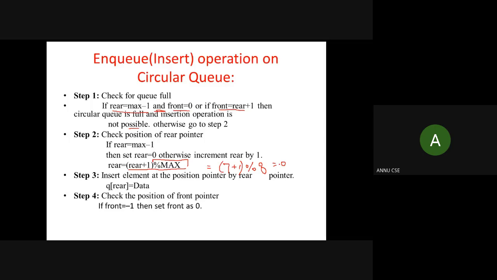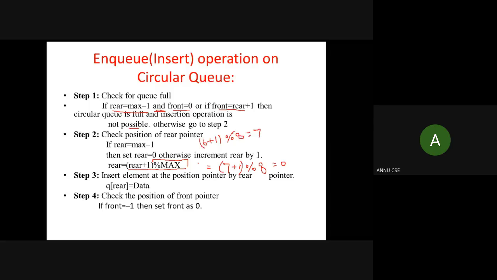Another case, if you want to use the same formula to calculate the new value, let's suppose rear is pointing to index number 6 and the next value for the rear should be 7. Again, if we apply the same formula, the value will be calculated correctly: 7 mod 8 should come as 7.